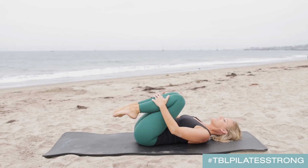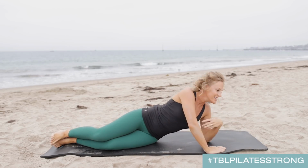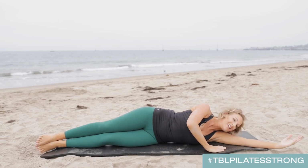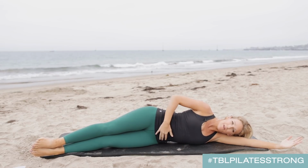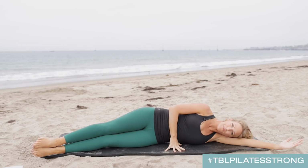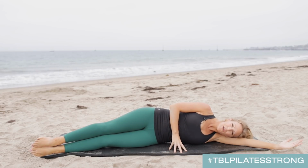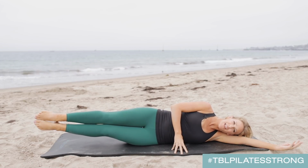And hug the knees in towards your chest, rolling over onto your side. You're gonna extend one arm and rest your head on it as a little pillow. Bring the legs so that they're slightly forward in front of your body, so it's like a little banana shape. Top hand is gonna rest in front of you for support. From here, reach those legs and squeeze them so long, so much energy going out the end of your legs